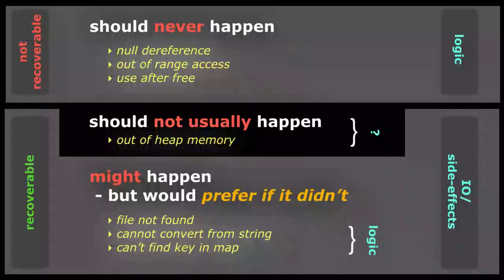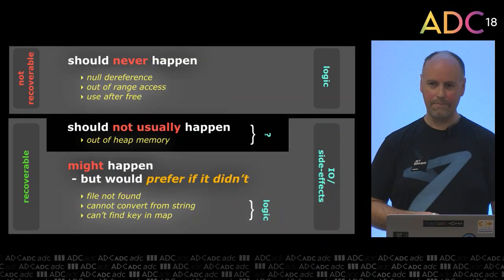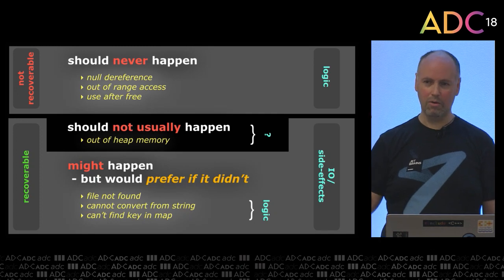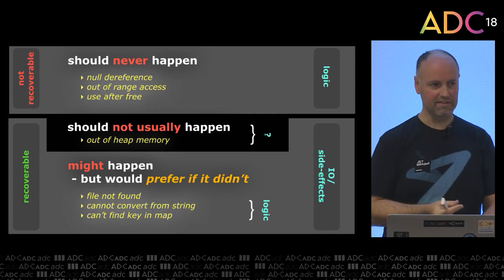Then it makes sense also to look at it in terms of how we deal with these errors. So those I/O side effects errors, we can also call them recoverable errors, in that we expect to continue on after these things, we just maybe take a different path. Whereas the top errors are not recoverable, we really should terminate. And there are some people that say, well, actually, I've got this highly available, really resilient system, it can't afford to go down. Most of the time, that might be true, but handling it in code is probably not the way to do it. You probably want something more like process level isolation.